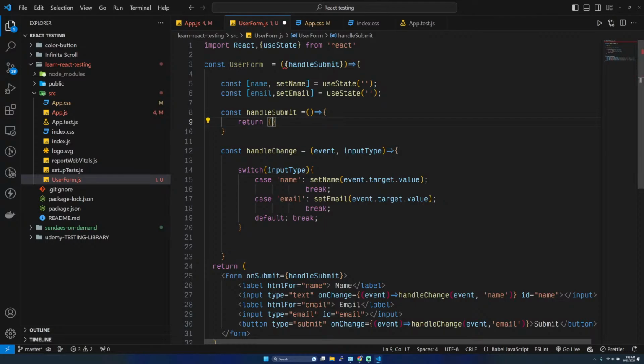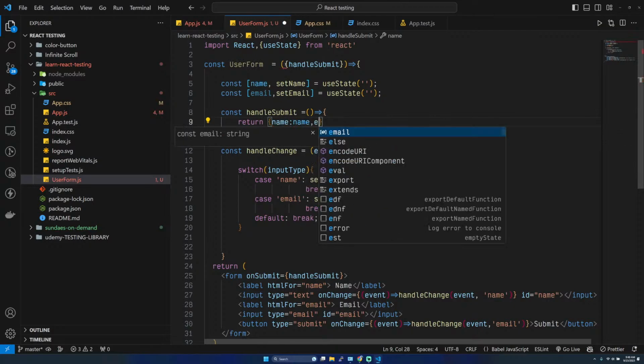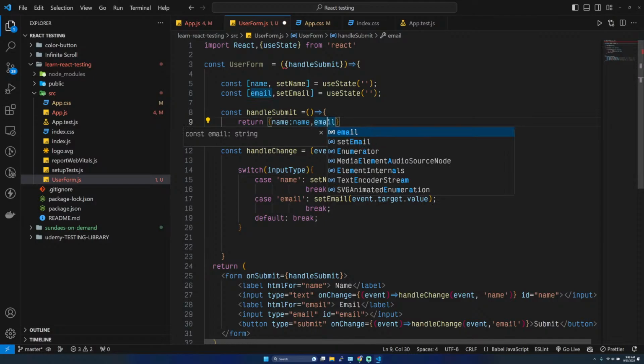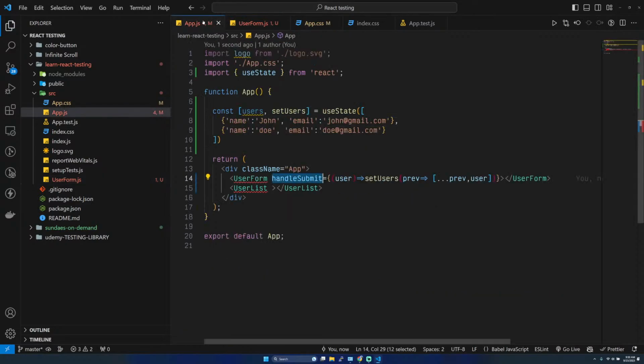Okay, not an object with name and email. Okay, so we can just directly send an object with this type. Handle user will send, okay, a user, and then okay, got it,